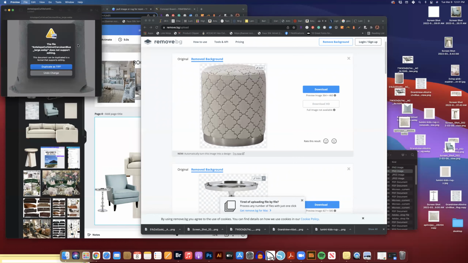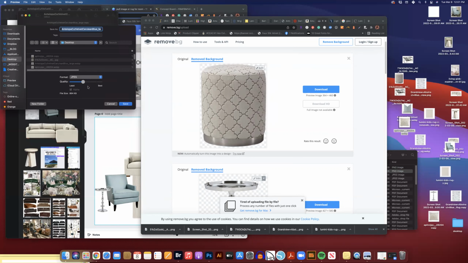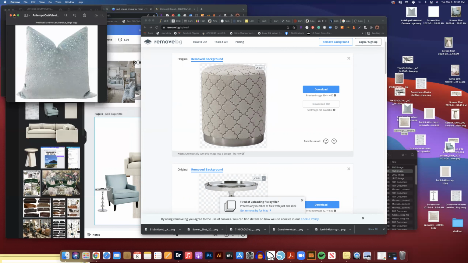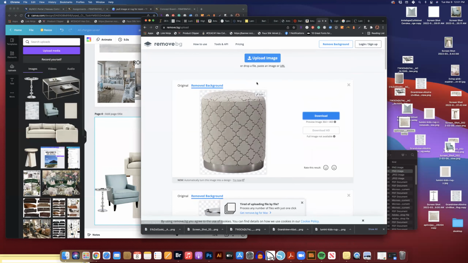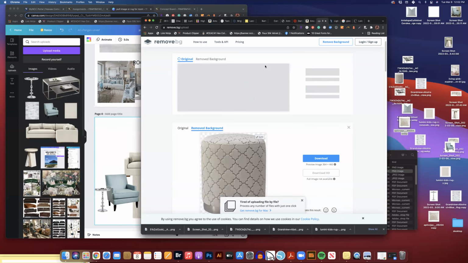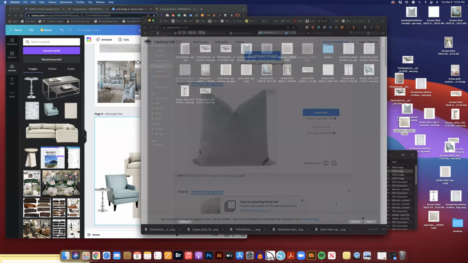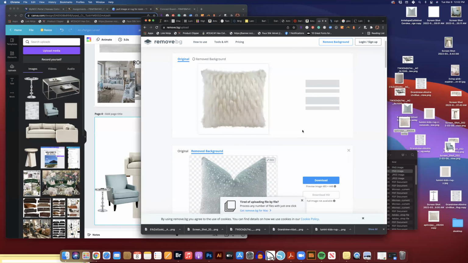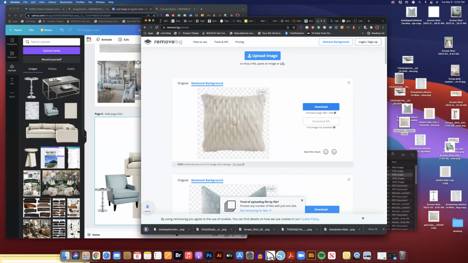Same thing with this blue pillow, duplicate it as a TIFF. And then we gotta save it. And then now that we have them both duplicated as a JPEG, we can bring it into the background program to remove the background. So both of these now have no background. We're going to download those,